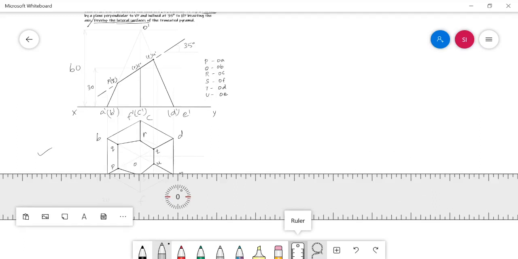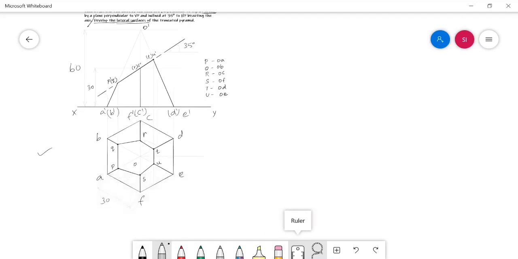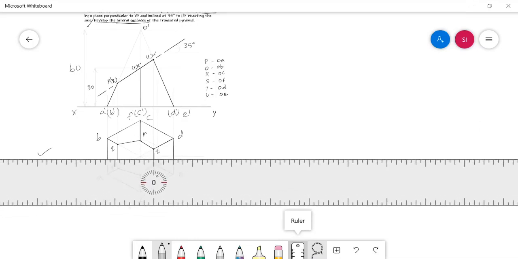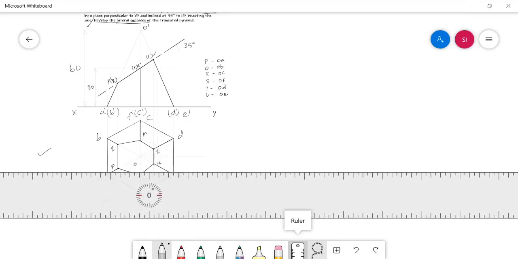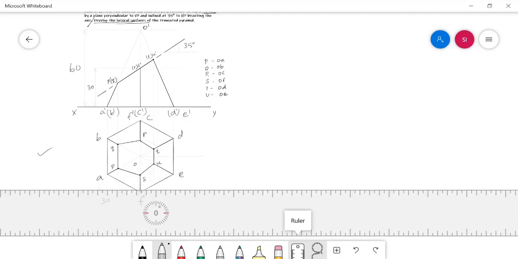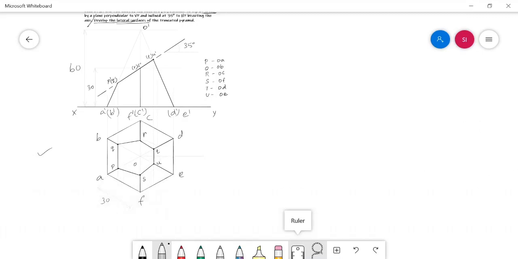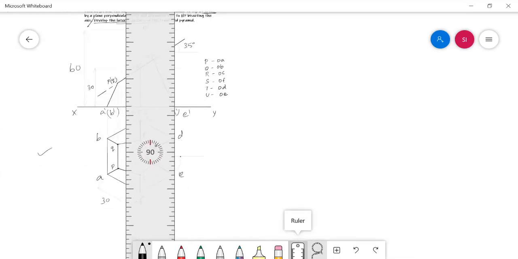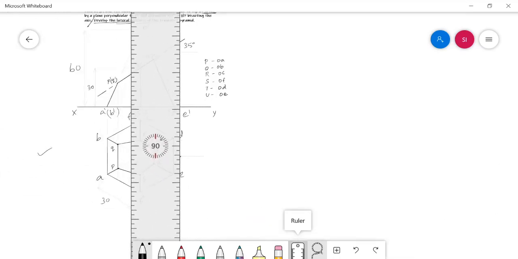See here, this is what I am doing now. I just draw a horizontal line from the apex point of the top view, which is parallel to the XY line. After that, using my compass with O as center and any one of the base corners as radius, say here I am using E, we have to draw an arc towards this new horizontal line. Here I just got a cut point. From this point, I need to draw a vertical line towards the XY line, which is perpendicular to the XY.